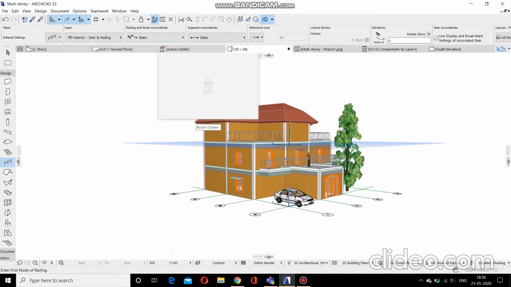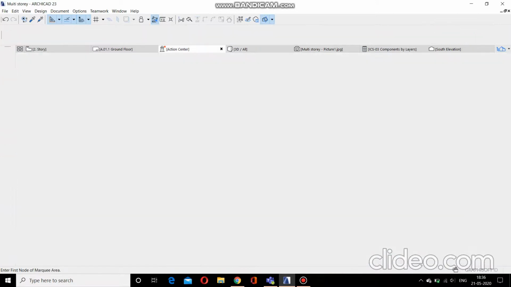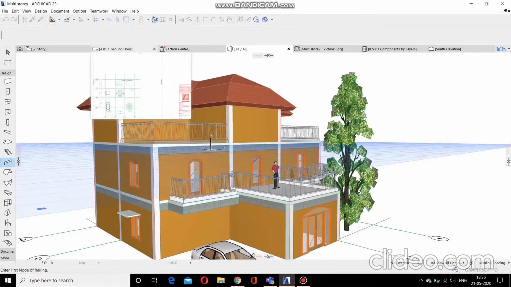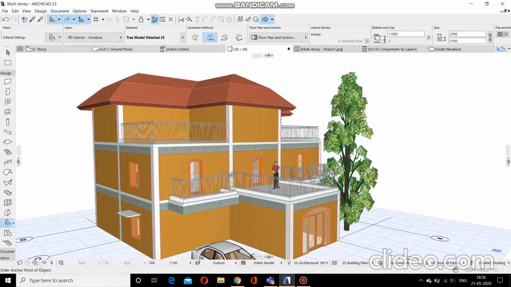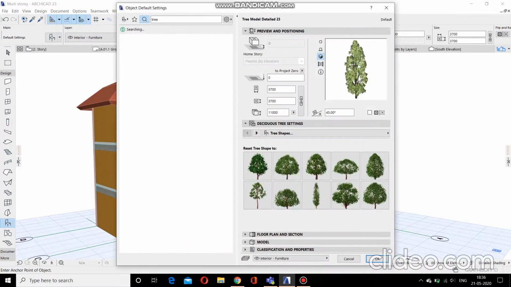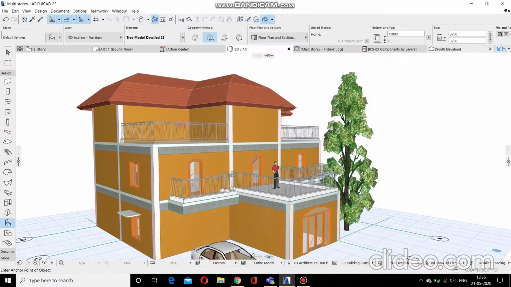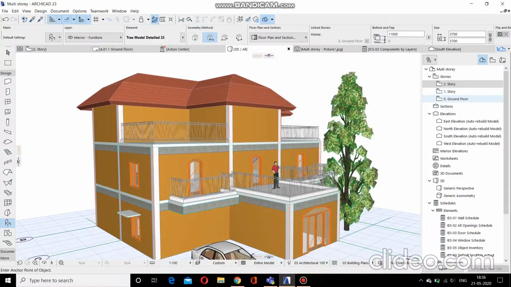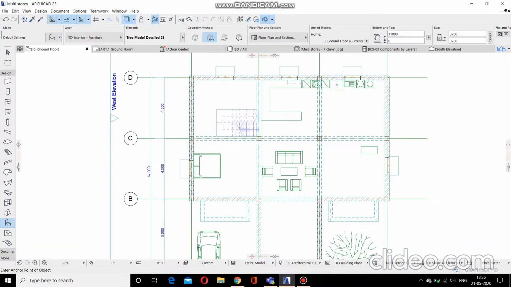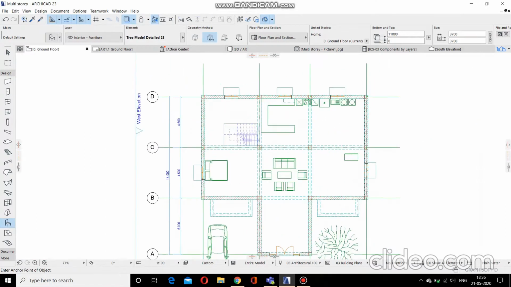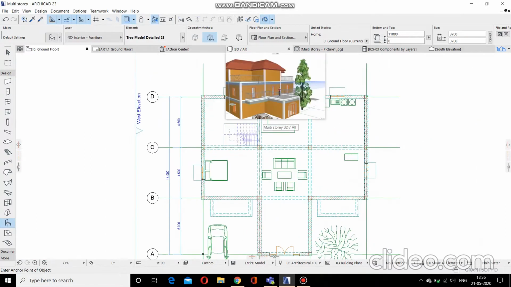Then after that the final step was to do the interior designing part. In the interior designing we use the object tool to get many different objects, such as a man, a tree, then a car. Here you can see you can select multiple objects, and then in the ground floor you can see that we made the kitchen, the bed and a sofa set. So these were inserted. And then after that the last step was to conclude the project.